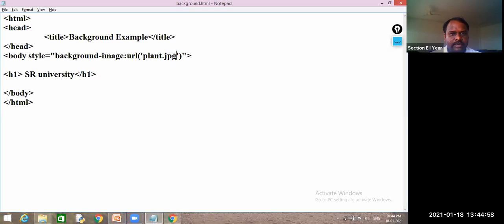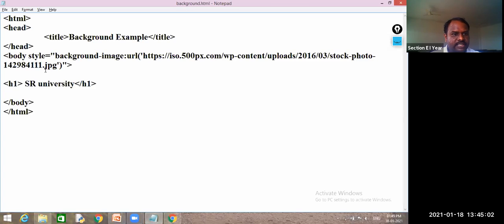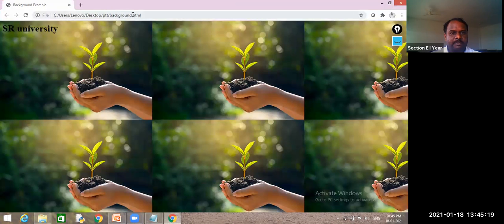Go to my program and I will write this one. Can you see the .jpg extension on this image? Yes, sir. This is the image address, the location of your image. Just I have attached it.